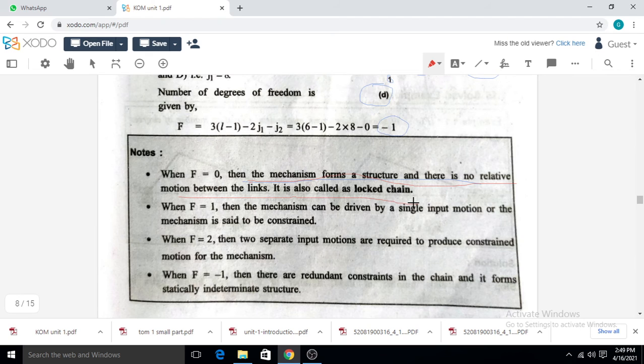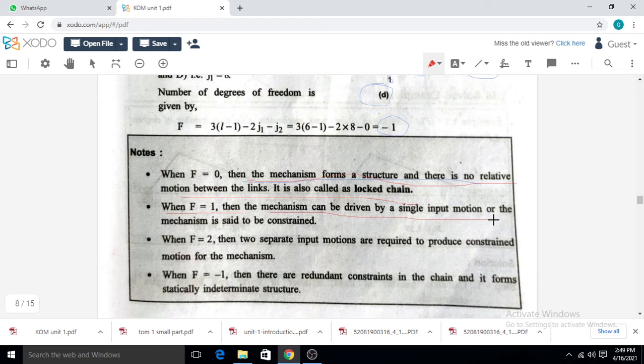Means this chain is locked. What is meant by locked? There is no relative motion between the links. Okay. Now when F is equal to 1, then the mechanism can be driven